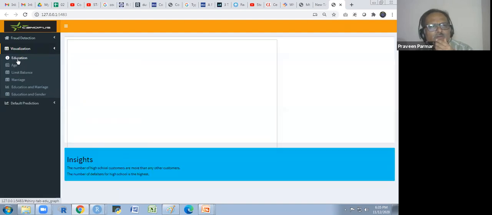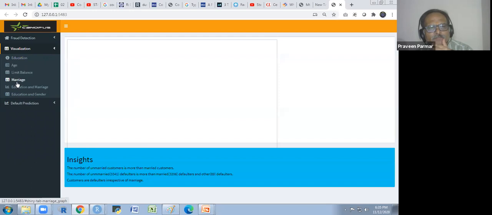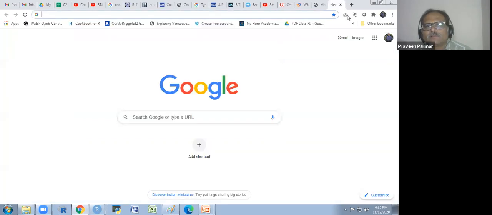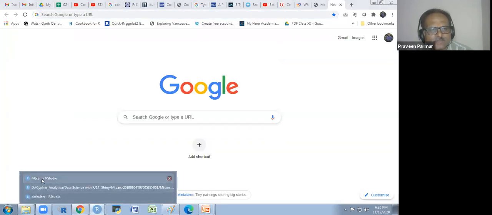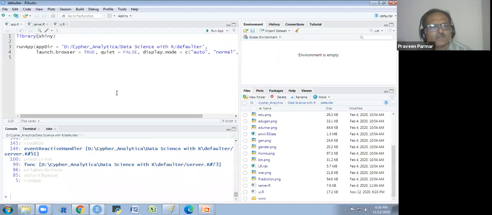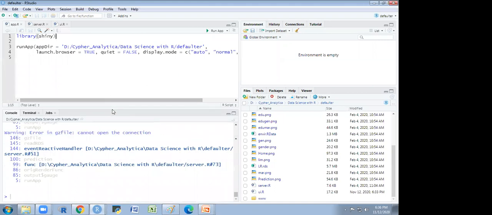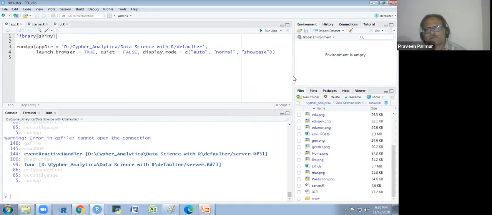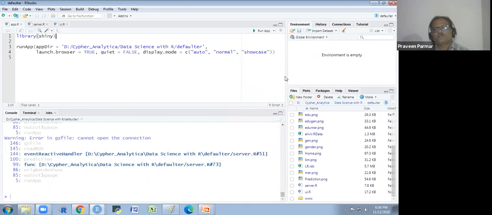You see this, it is not showing properly. There may be some problem in some libraries, so I have to see the problem on the server side. But that's not a problem; if the inputs are right, it will work. So this we use for our machine learning algorithm. You put this in and it will tell you whether it is a defaulter or not. There are so many norms by which they decide whether it is a defaulter or not.